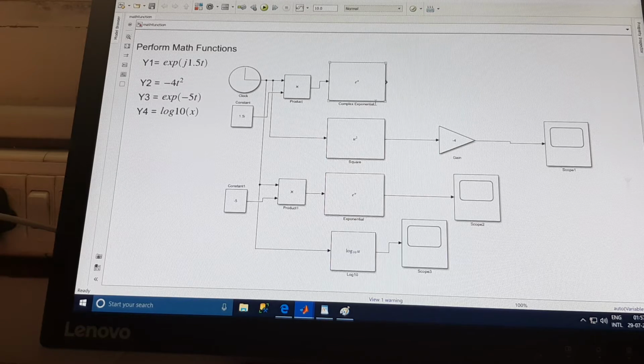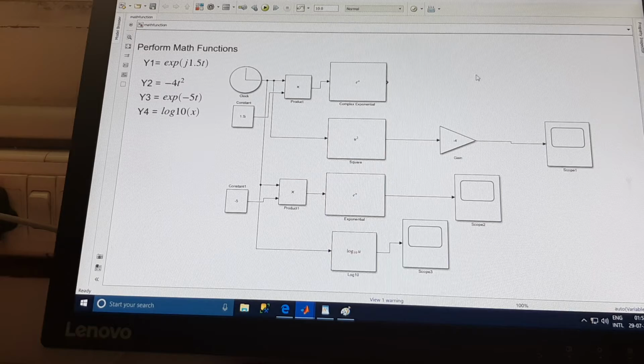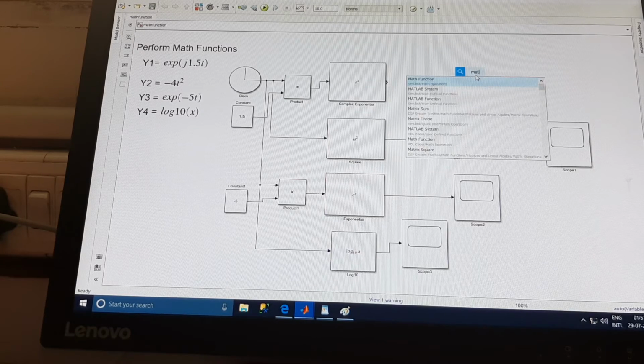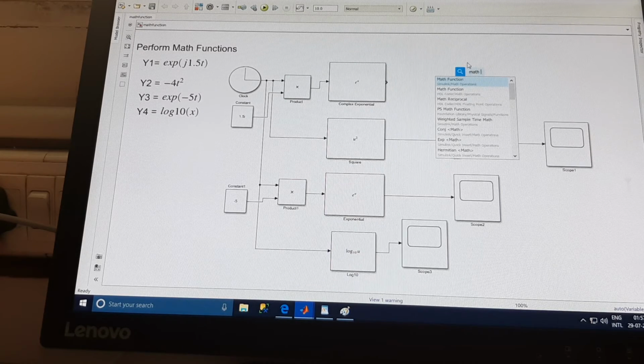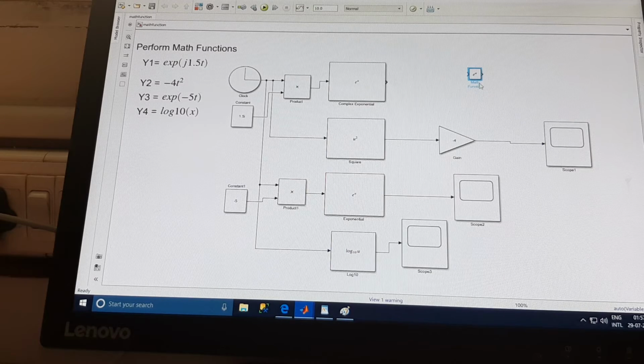I have changed its default name to complex exponential because here I am going to simulate the complex exponential function and plot its output. Now you can see that whenever you place a math function block, its model icon gets displayed in the middle of the block, e raised to the power u.